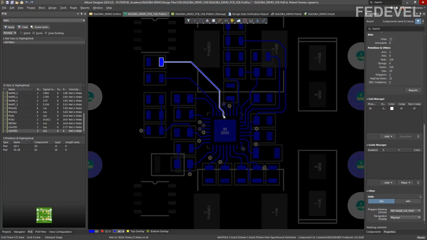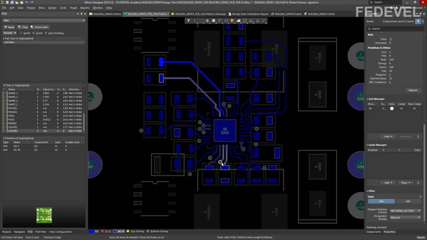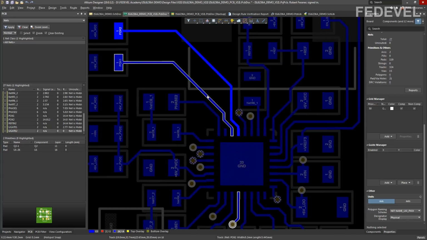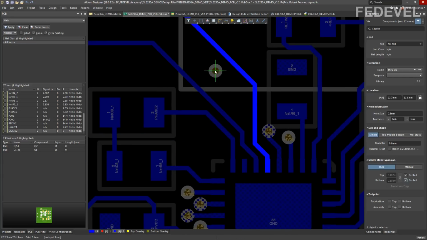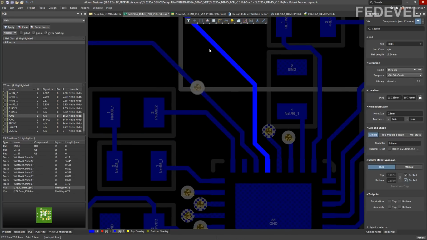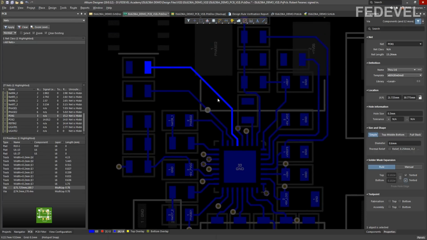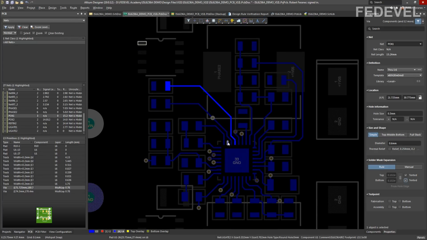We have connected this path. The next one is already connected. We just need to place a via here, which we will connect with this via a little bit later on a different layer. Okay. And the next path is this one, and it is going to be connected on the top.